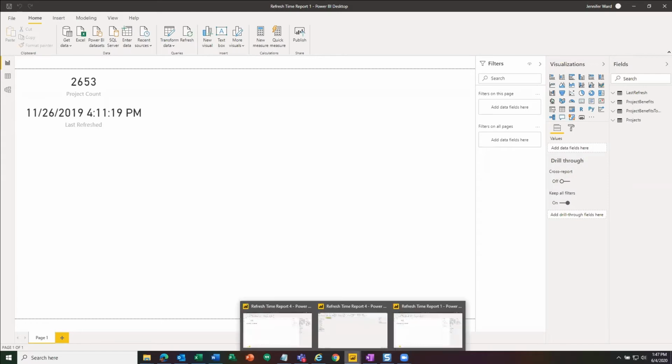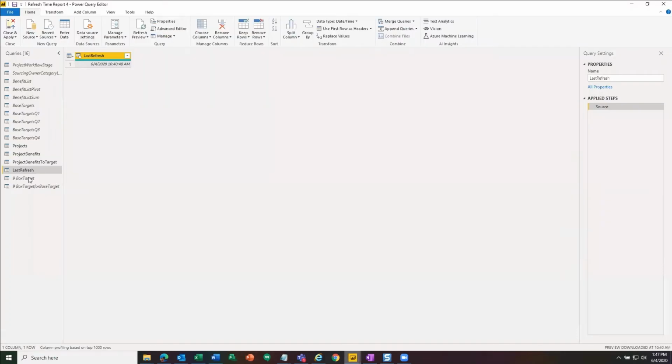So the way that we do this is we go into transform data. If you have an older version of Power BI, then the button will actually say query editor. This is the newest version that I've got here, and so they decided to change the name to transform data. Same thing. Okay, so we're going to go in and we're going to see that we've got a last refresh